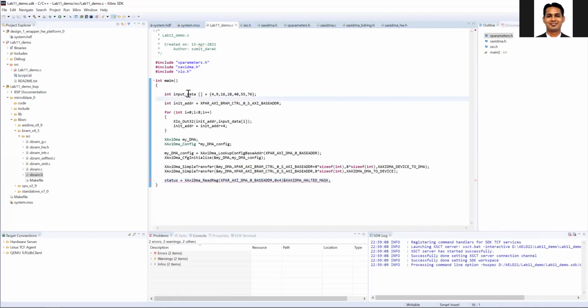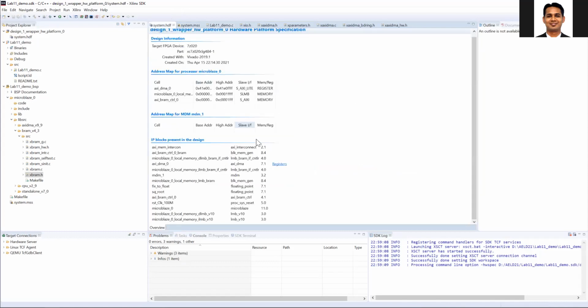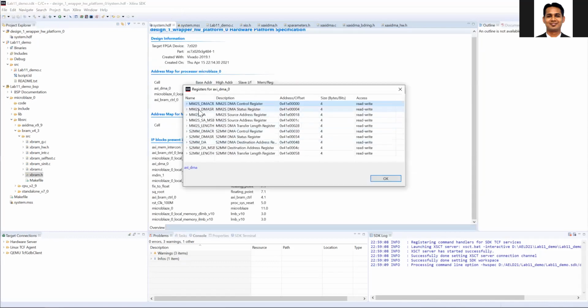So what we are doing is checking the status. This is the status for the MM2S channel. We have considered the status for the MM2S, that is memory map to stream.